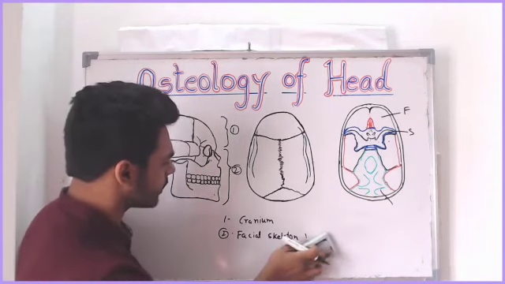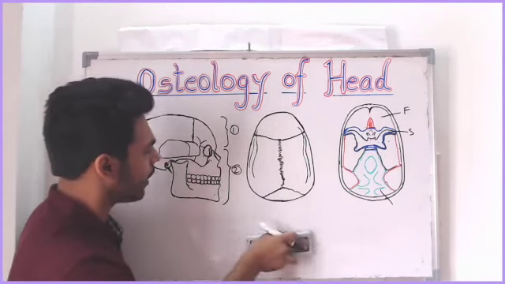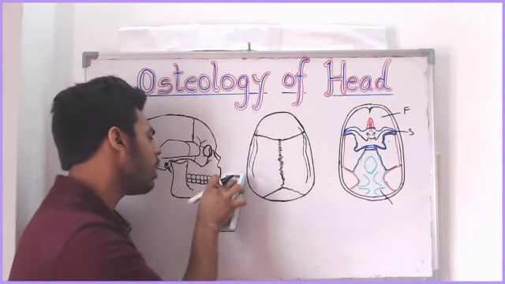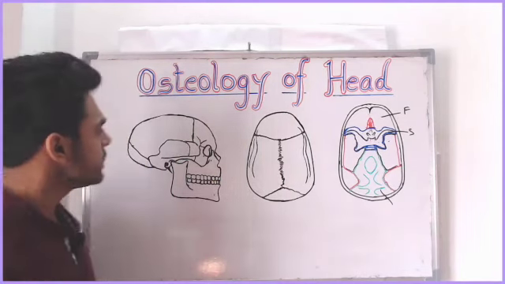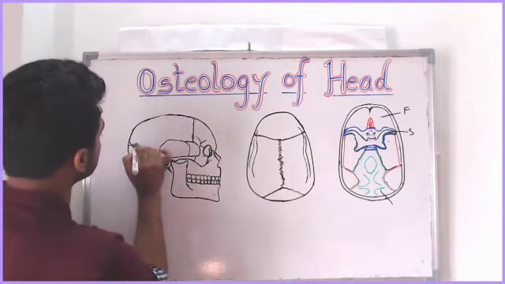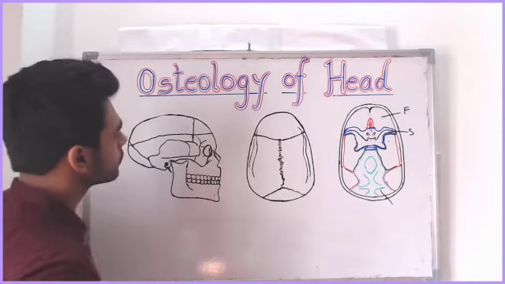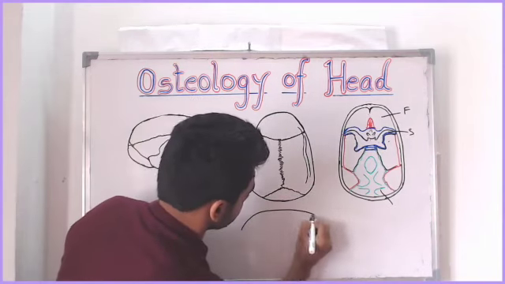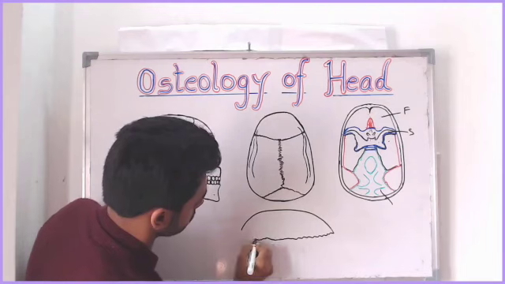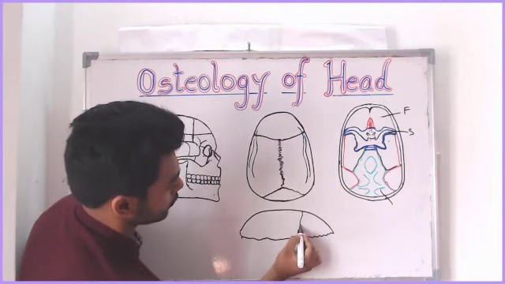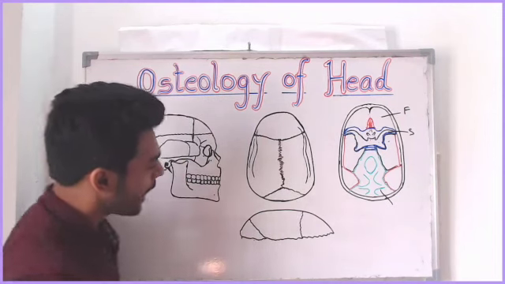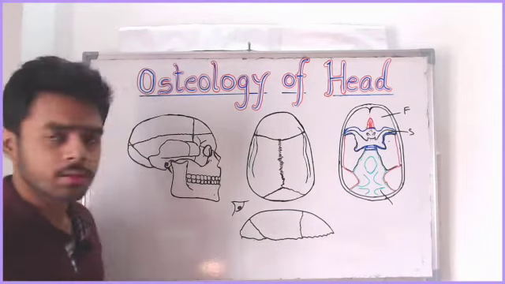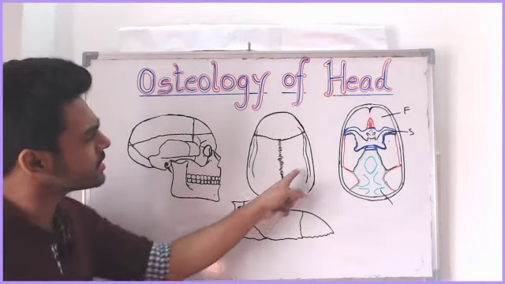First, before understanding the cranium, we will understand what is calvaria. Calvaria is the roof of the skull. And now how can you get the roof of the skull? See, when you cut this skull from here, you take a saw and cut this part. So what you get is like this. Fine. You have this coronal suture, lambdoid suture, and when you put your eyes here and look at the structure from this view, you will get the skull like this.